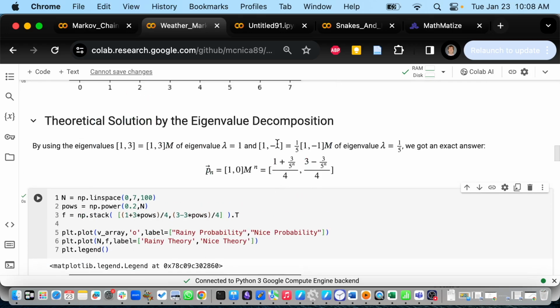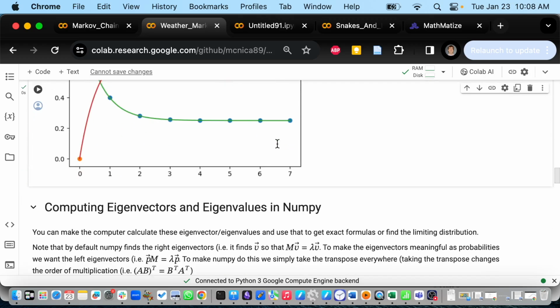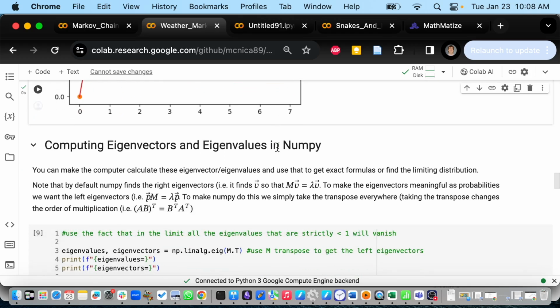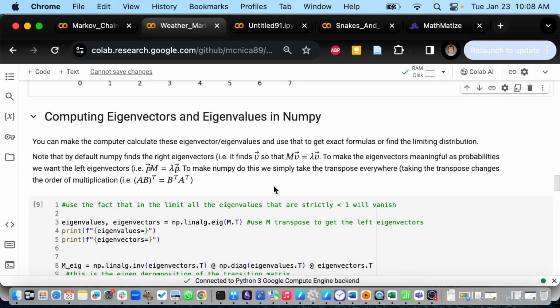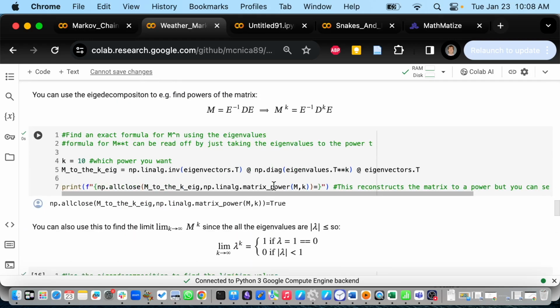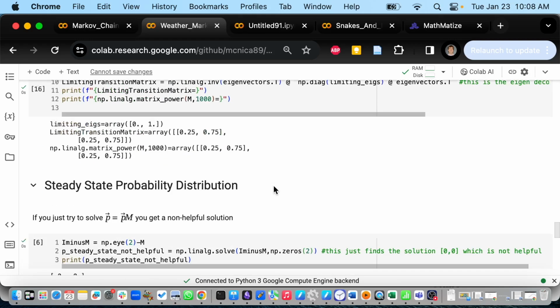Because, of course, when it's a 2 by 2 system, you do it with pen and paper, it's fine. If it's a 100 by 100 matrix, you don't want to sit there and do it by hand. You want to get the computer to do it. So the first thing is to try to solve the equation. Okay, wait. This is eigenvectors and eigenvalues. This is kind of what I did last time. But let me show you this one first.